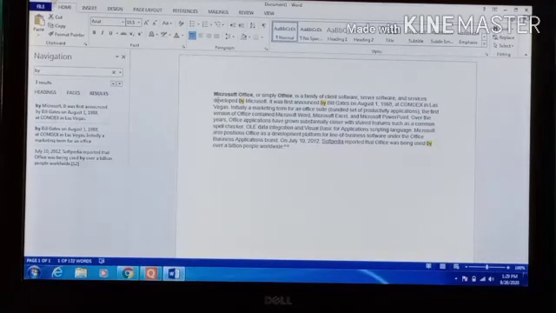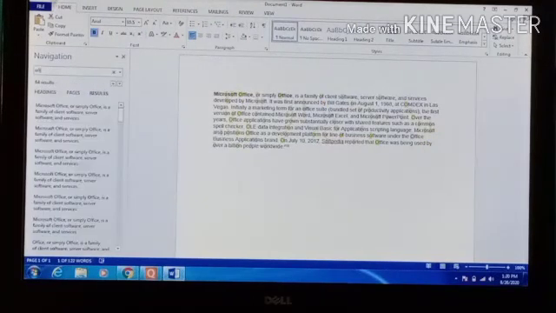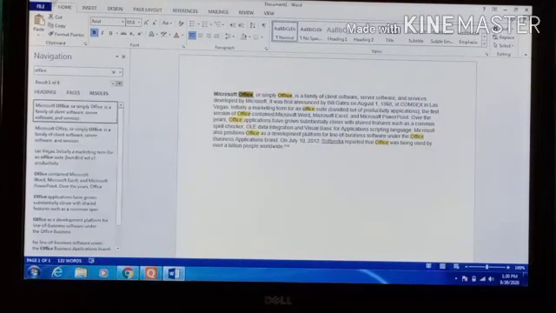So Microsoft Office provides one shortcut, Control plus F, and then search for Microsoft Office. It automatically finds office. This is office. This is finding the text.